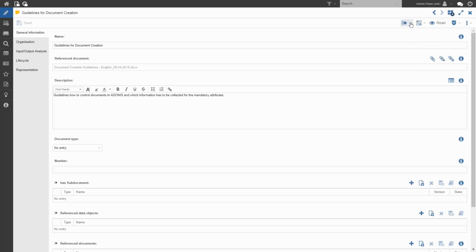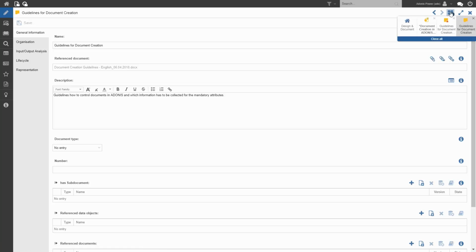So if we want to continue through the release workflow, we would just use the transitions here to submit to review. It would then be checked and then released if everything was okay. So we don't need to go through all of the transitions today. It's just to show you what's possible there. There are some other translation features available.